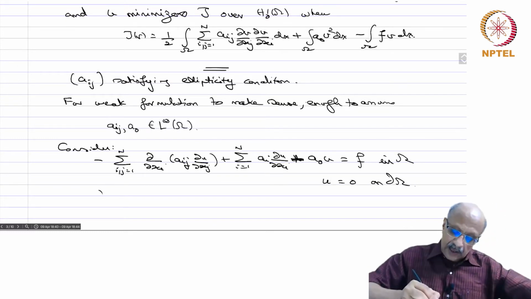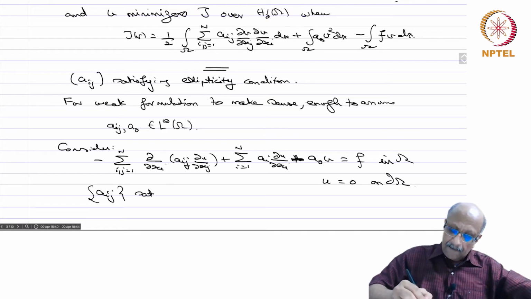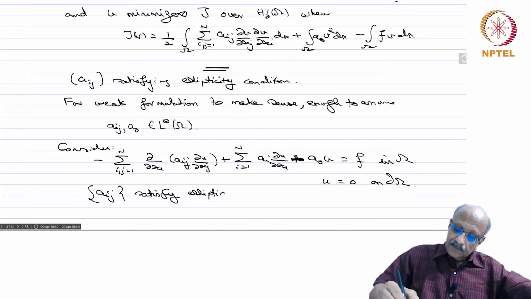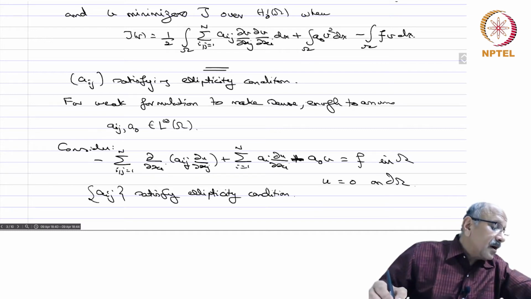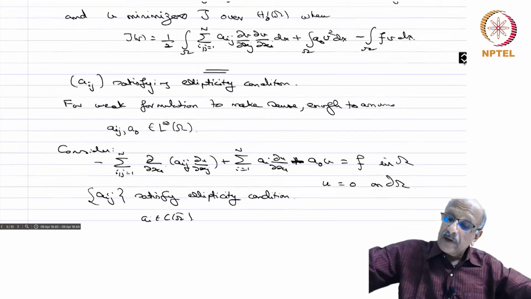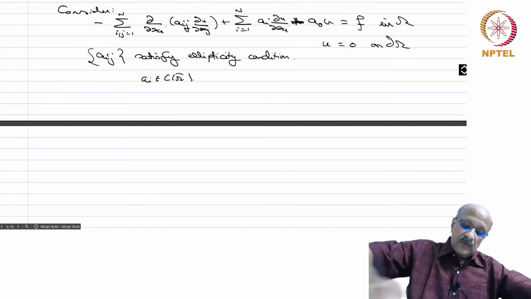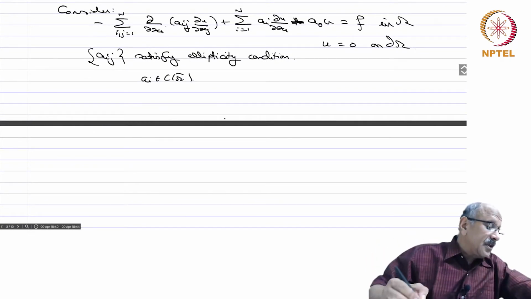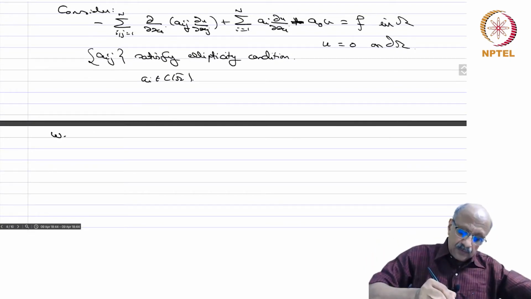So again aij satisfy ellipticity and ai are all in C of omega bar. So again we will see in a moment that we do not need so much, we will just see that everything is L infinity. Okay, so